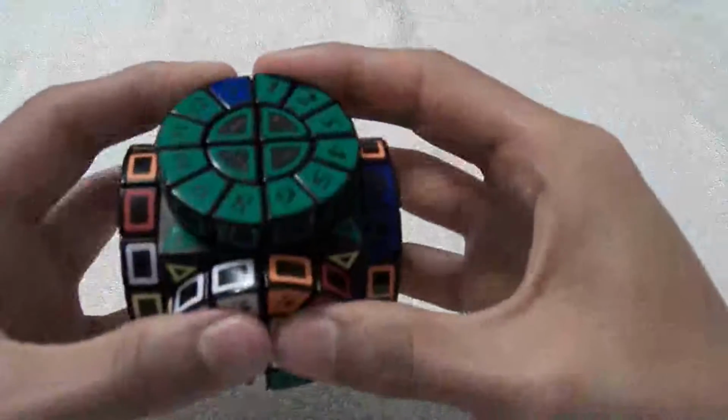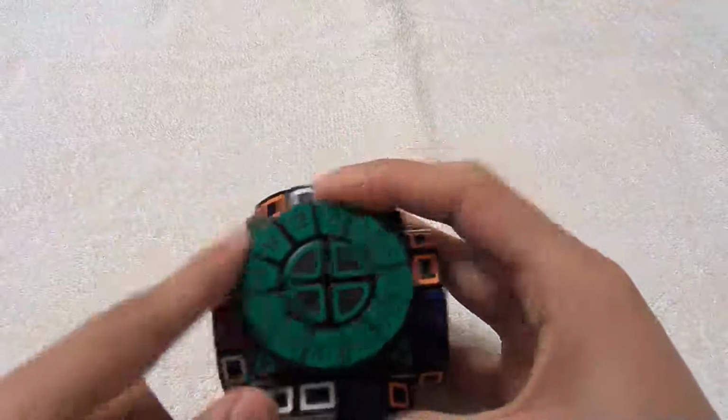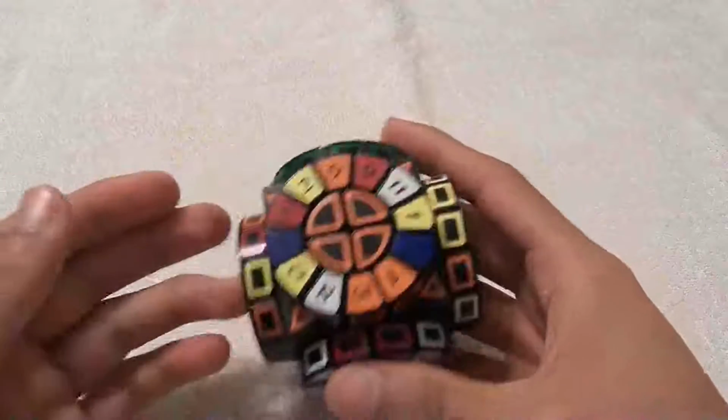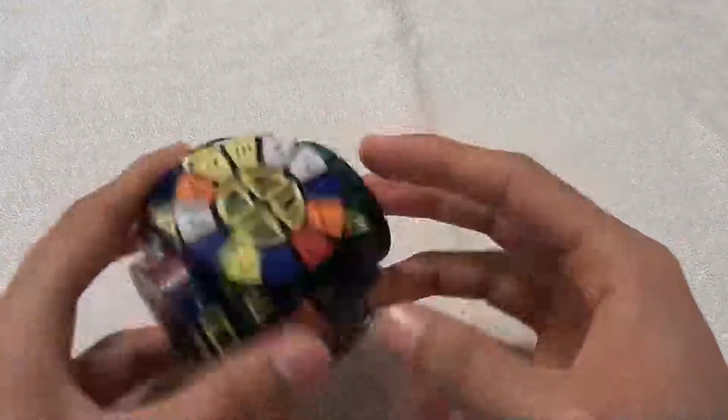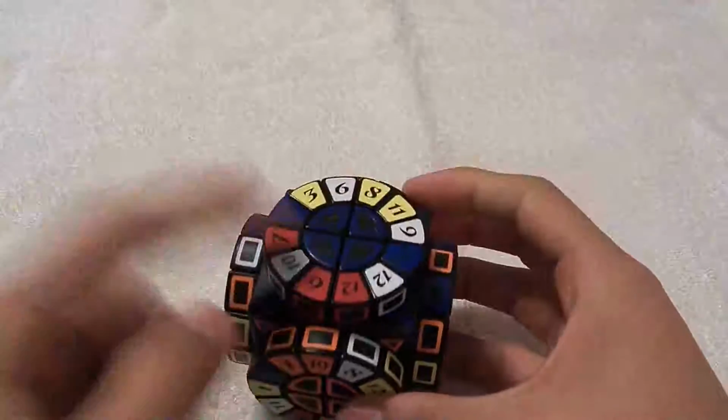And the 7. And there we go. You see? Now we have all 12 in the same circle. So that's basically what you want to do for the last ones that you have. Like all the other sides, you're going to do 4 more sides like that, and then the last side